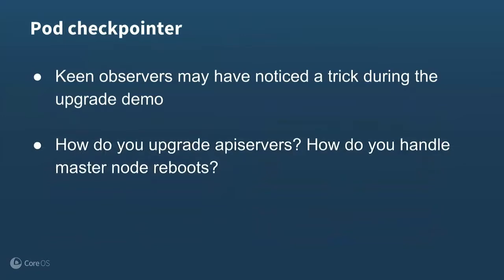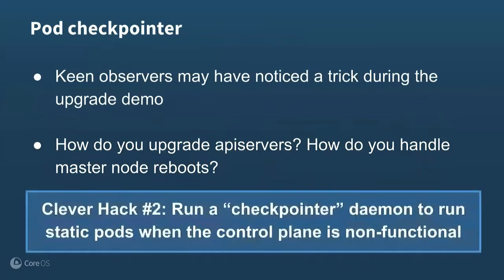Similarly, how do we handle master node reboots? If I only have one master node and I reboot my system, how will it come back up? The answer is that we run a special daemon called a checkpointer that runs static pods when the control plane is non-functional. So much like how bootkube used static pods to create the initial self-hosted control plane, this checkpointer